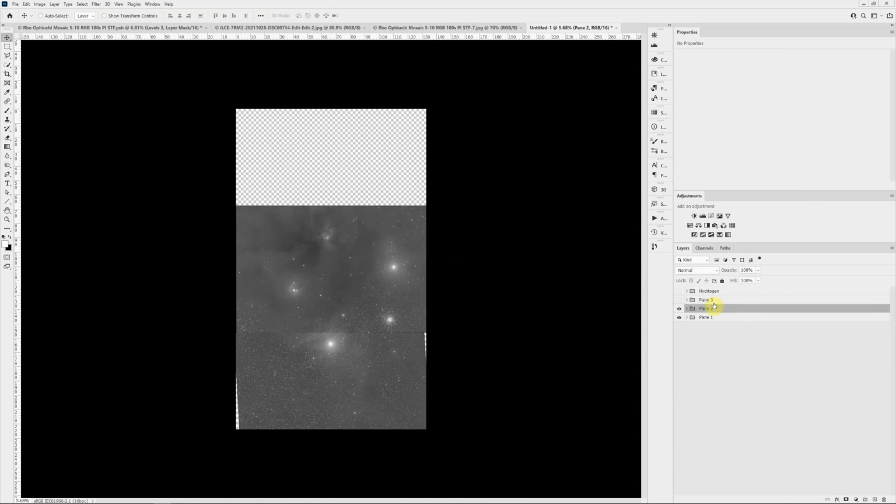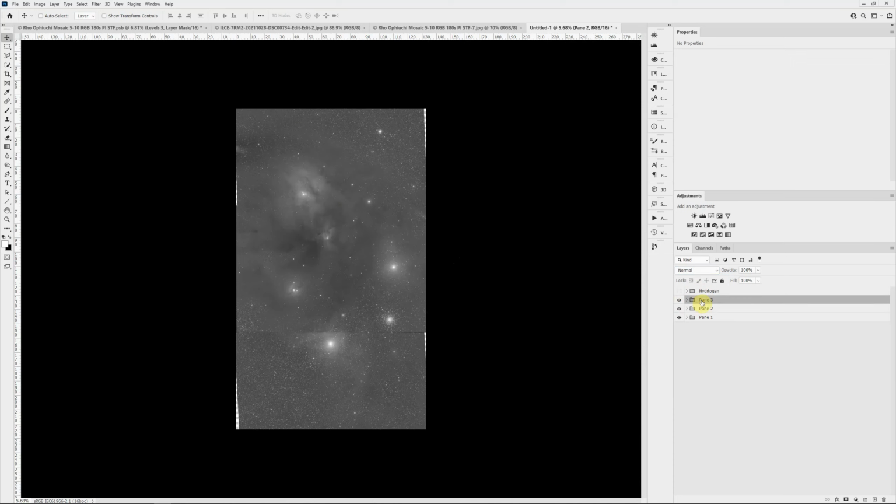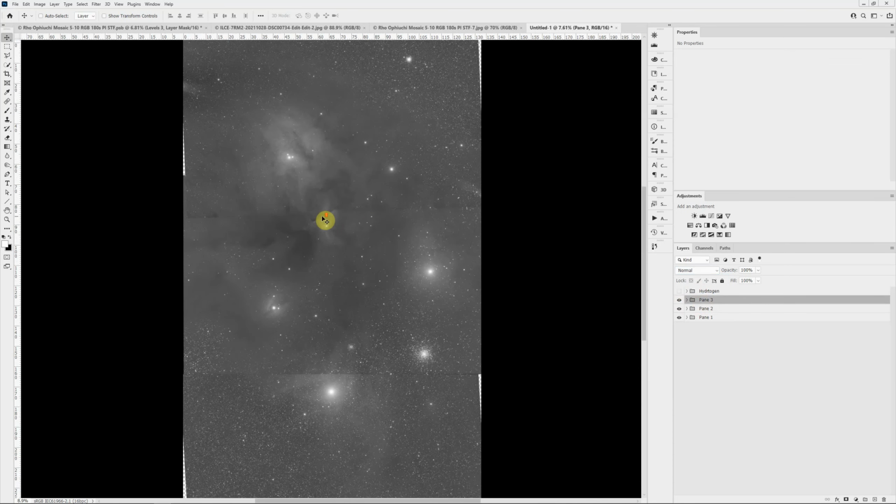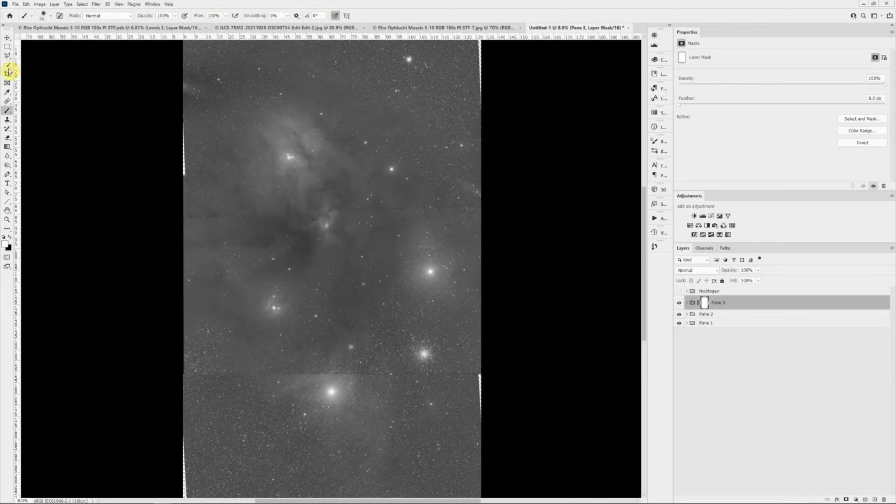And if we want to clean up the interface a little bit, what I'll do is just add a layer mask with this, looks like a front-loading washer, the rectangle with a white circle. That adds a layer mask. I can now grab the brush tool by tapping B, and D will give me my default colors of white and black. X will switch white and black, so black is the foreground color. And now I can just paint with black on this mask,